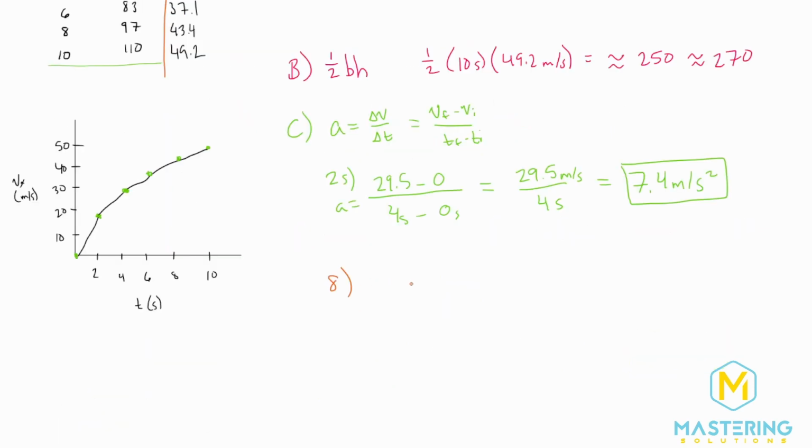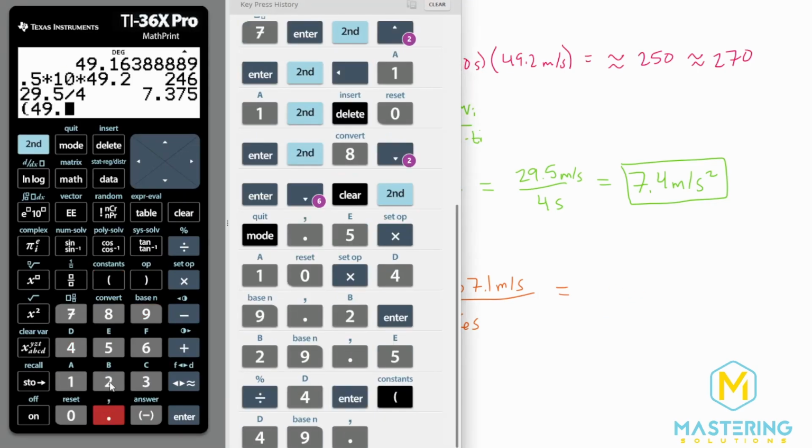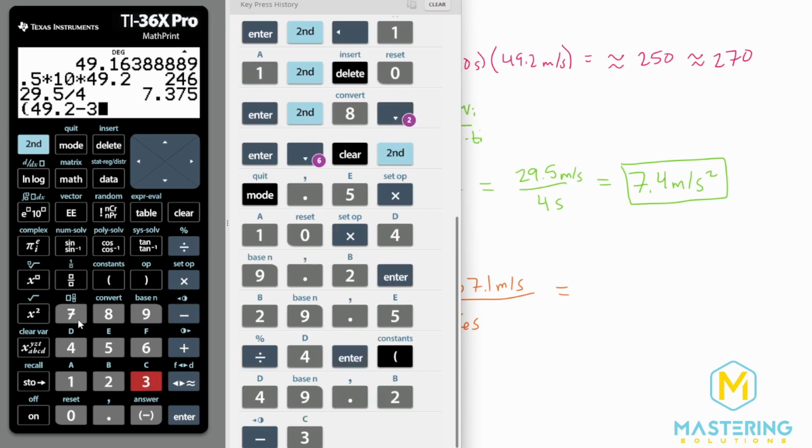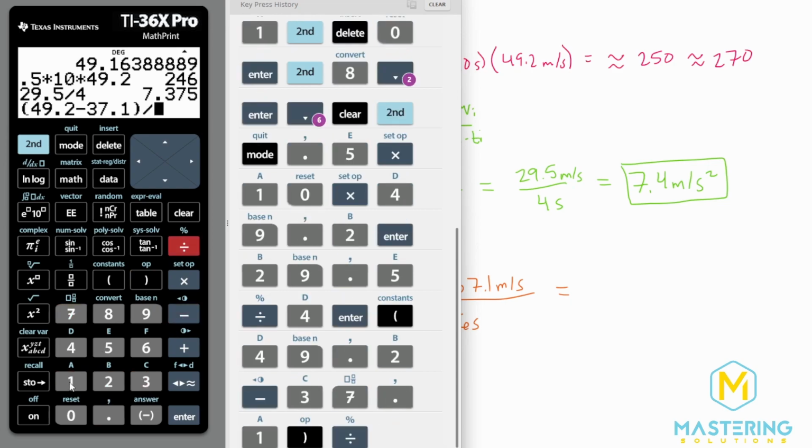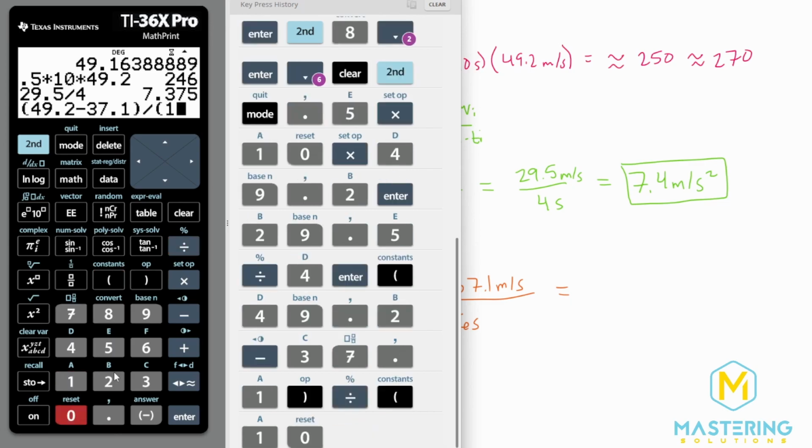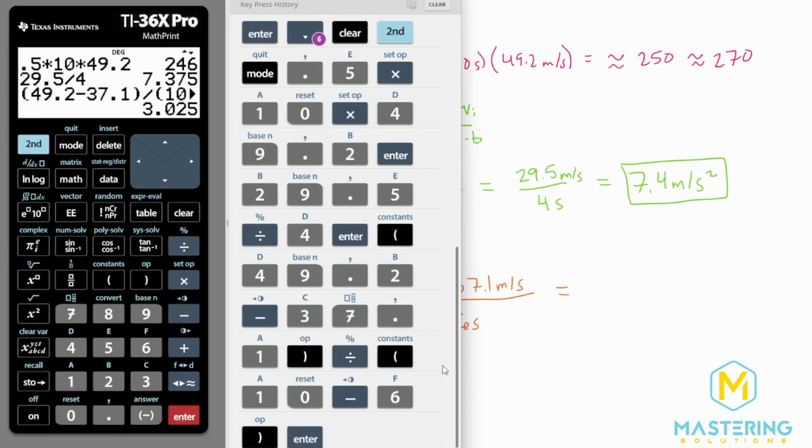Now we'll do the same thing for 8 seconds. So we'll take the final at 10 seconds of 49.2 meters per second minus 37.1 meters per second at 6 seconds. And then we'll divide that by 10 seconds minus 6 seconds. So that's going to be 4 seconds on the bottom, and on the top we have 49.2 minus 37.1. And we'll divide that by 10 minus 6, which of course is 4. So we have an estimate of 3 meters per second squared